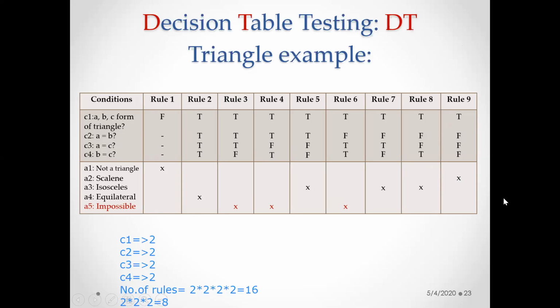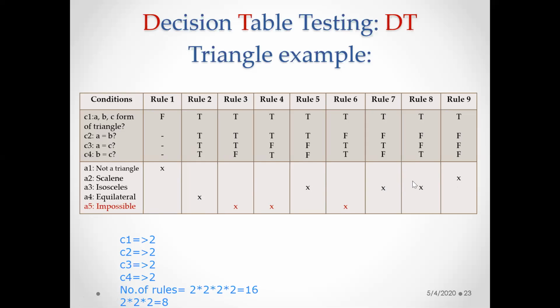So how many entries are there? How to decide the number of test cases? Now I won't decide based on the number of rules that you had. I'll go with how many entries we have marked in your action part. Depending on that, I decide how many test cases I require. How many cross symbols are there in your action part? 1, 2, 3, 4, 5, 6, 7, 8, and 9. So that's why 9 test cases. That's more than enough to decide whether a triangle formation is possible or not.